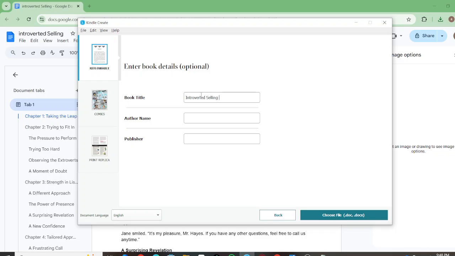So this is a sales book for people that are introverts. What that means is, typically the stereotype is that salespeople are pushy and always in your face and all that, but there's actually a class of salespeople that people don't typically think about that are introverts. So I wrote a whole book around that, or well, trying to, because this is just like 9 pages so far. But once you've entered that and the name,